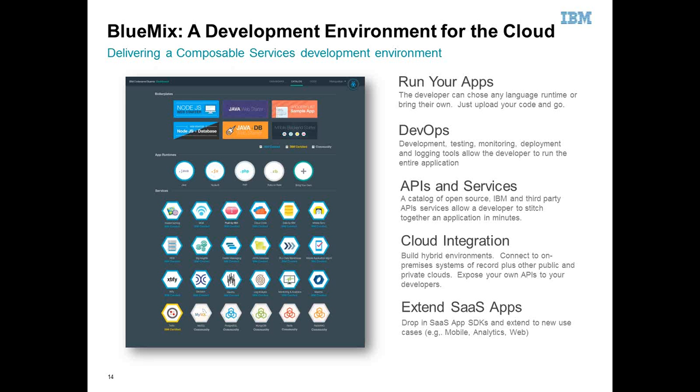It helps you to build APIs. It helps you to build services and expose them as APIs. And inherently, because everything is exposed as a service, whether it is running in BlueMix or whether you can access services elsewhere, it's ready for integration, ready for cloud integration, both for the services running in BlueMix or for services running elsewhere. And it is also a SaaS. It's also a placeholder where you bring your SaaS offerings. So every service that you build on BlueMix can be a SaaS offering. It's a software as a service which is open for others to be consumed.